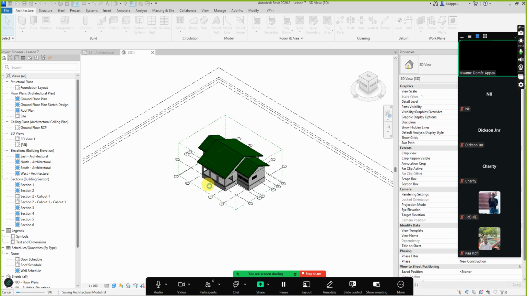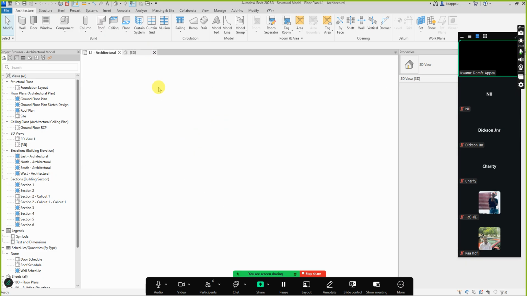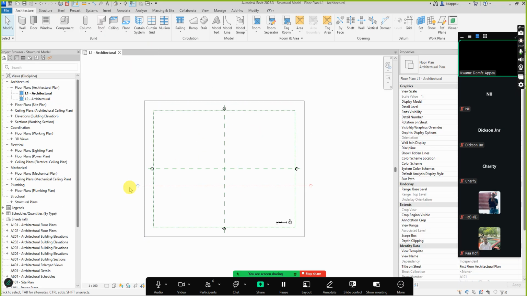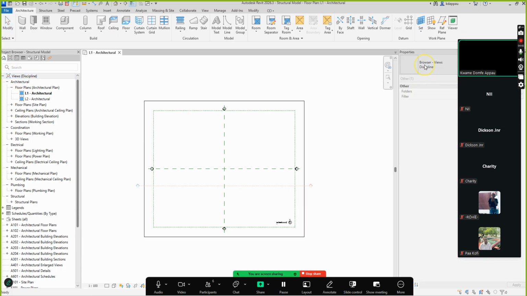Then from next week, I'll create another file for mechanical model, another file for electrical model, and then another file for what? Plumbing model. So the architectural model, we have it already. I'm not going to do a structural model here, so I'll close this one. I don't need architectural. And if I want to work on the structural model, as I've said, I'll go back to my levels again, views again, change it to all discipline,